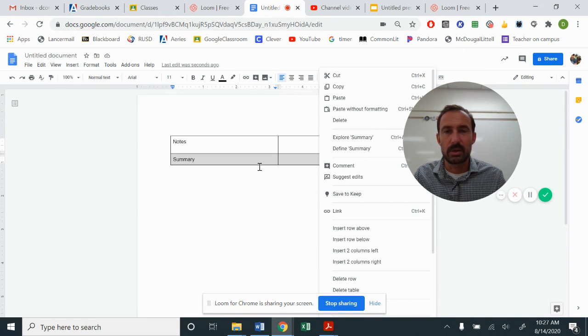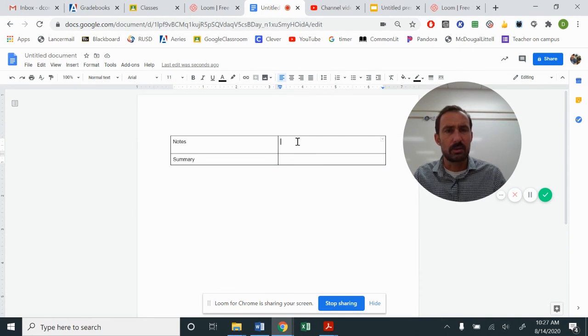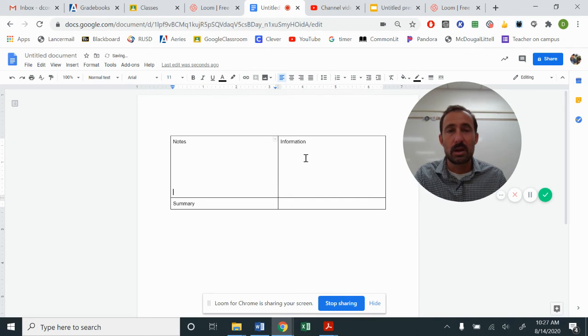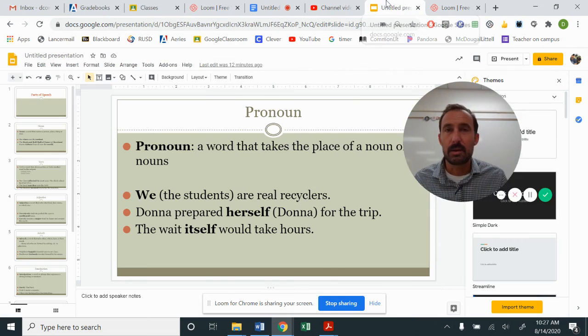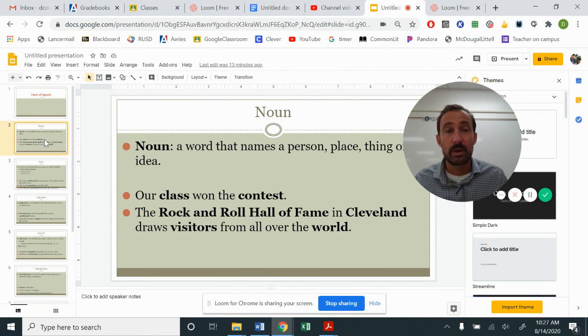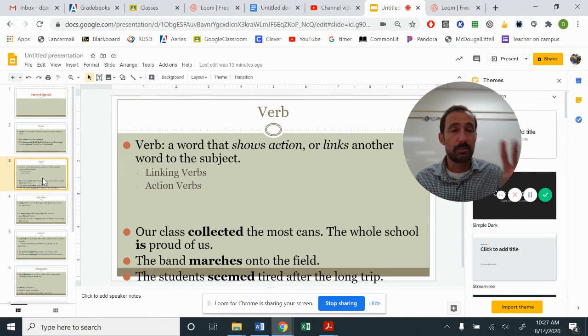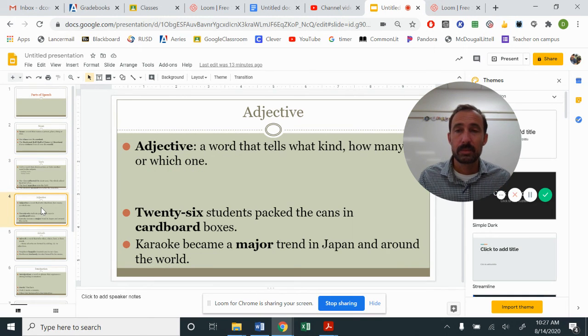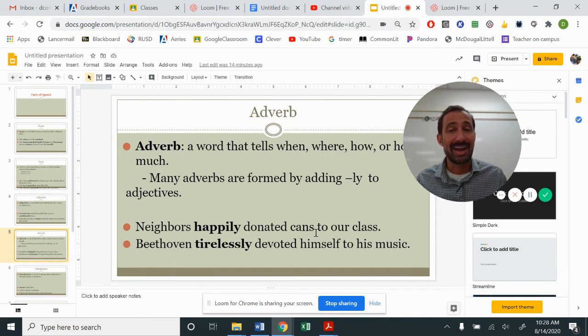Apologize. I should have shown you this in the very beginning. But at this point in time, I think we know how to take notes. Information or definition. So on this side, you've got your parts of speech. On this side, you've got the definition and examples. If you would, let's take a moment and quickly review. We have noun, which names a person, place, thing, or idea. You have a verb. There's 2 types, action or linking. You have an adjective, which helps describe a noun, telling us what kind or how much or which one. You have an adverb, which tells us when or where or how. So this goes along with the verbs of your sentence.